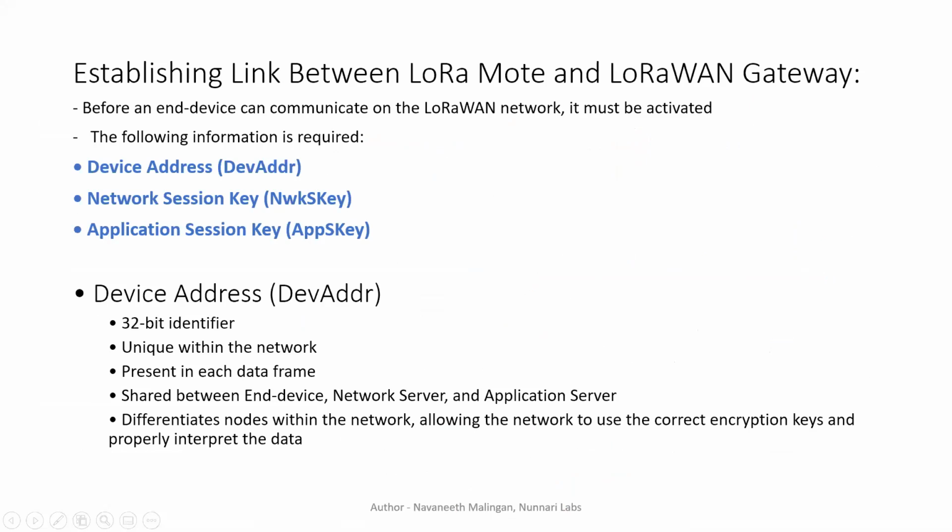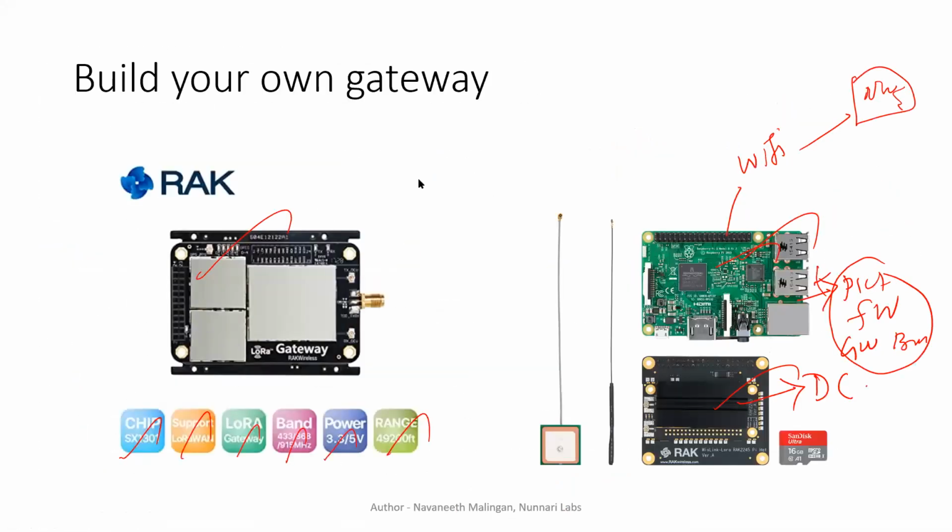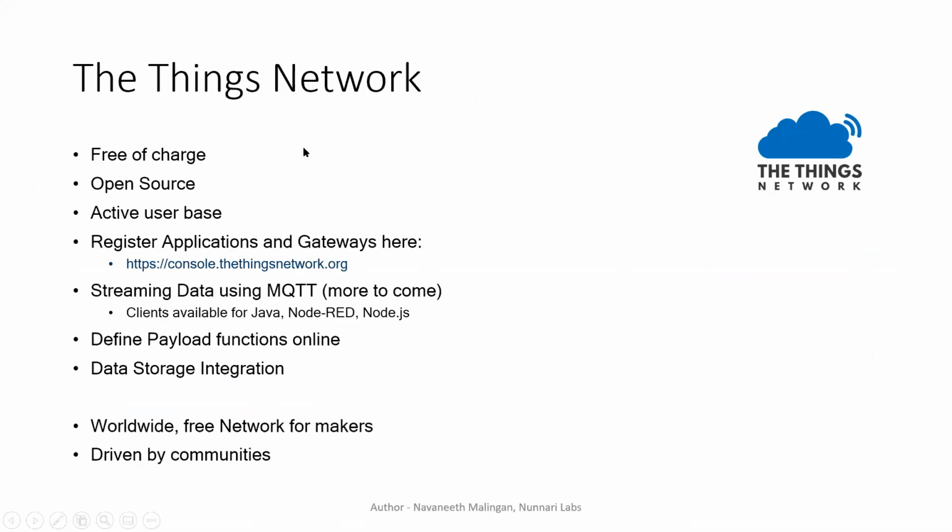So now let's come to the ChirpStack. We have two things, right? One is the TTN. TTN is free. We don't have to install all the stuff ourselves. The network server and application server are already available. We can right away add our gateway, add our devices, generate keys and make things work. But TTN has a lot of restrictions because it is public and open source. Even if you own your gateway, you have only limited access to it, and all the data passes through the TTN network, so it is not that protected.